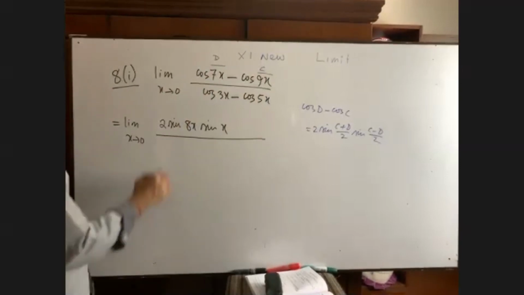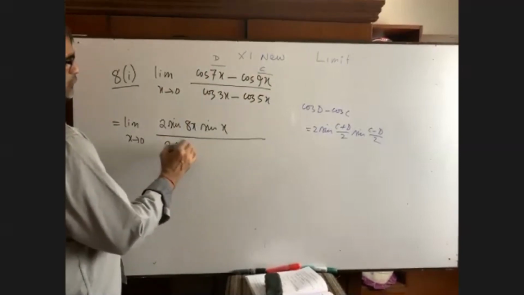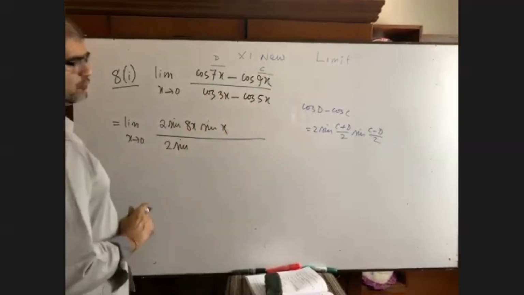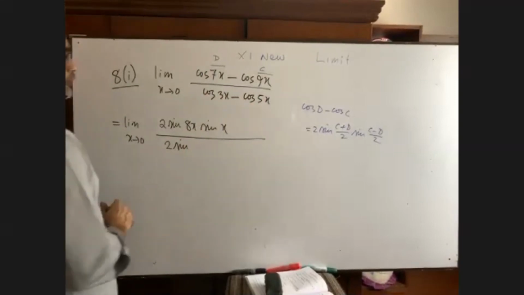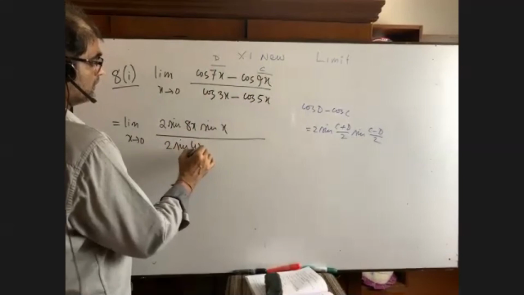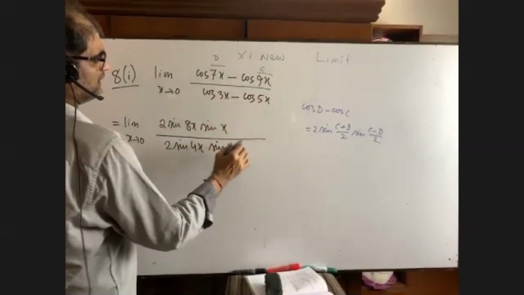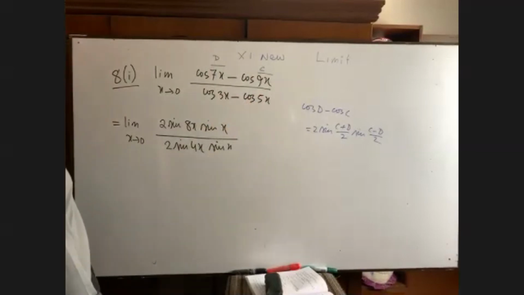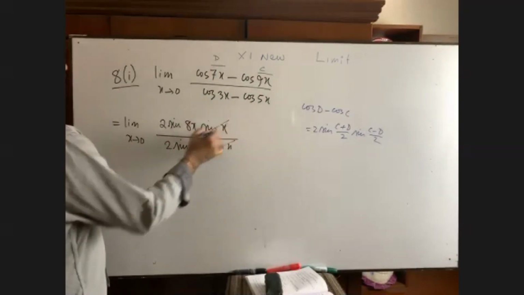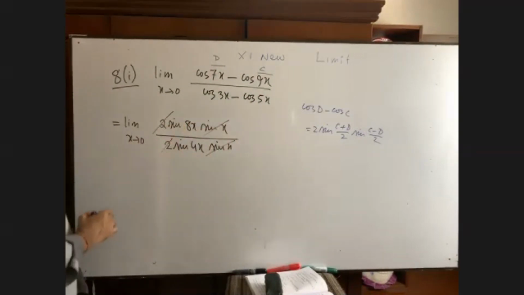Here, in the same way, 2 sine 5 plus 3 equals to 8. 8 by 2 equals to 4x. 5 minus 3, that is only sine x. Please let me know if we have failed to understand. It is the formula. Sin x will be omitted. 2 will be omitted. Then we are getting here, you see,